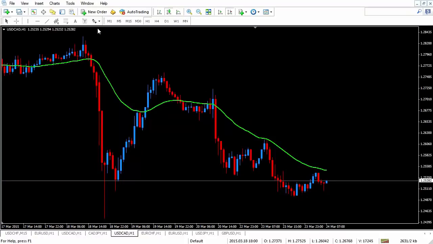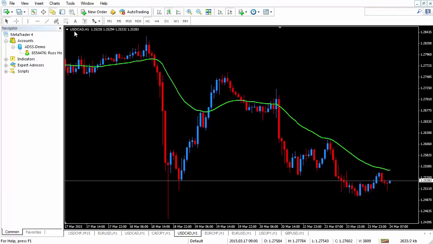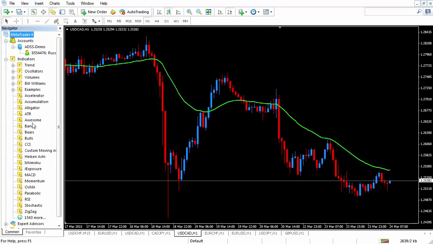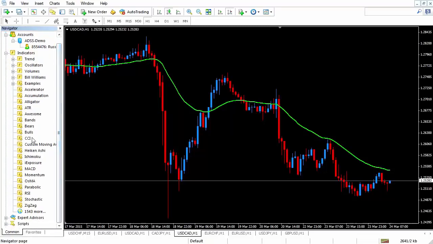Now there's one other way to add indicators. I said there was 3 ways, so we'll do that. This is the navigator window. And through the navigator window, I have access to my accounts, and I have access to indicators, expert advisors, and scripts. So in the indicators, I'll click on the little plus. It opens up the different indicators. Now, if I want to add an indicator to a chart from here, I just drag and drop it onto